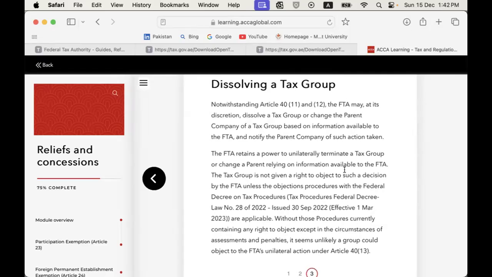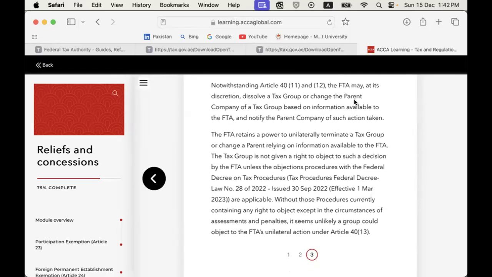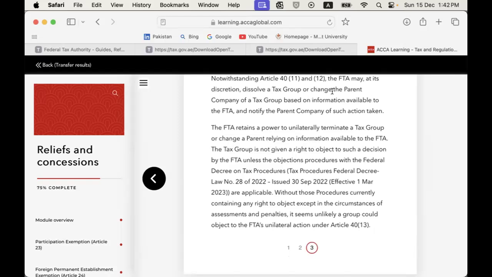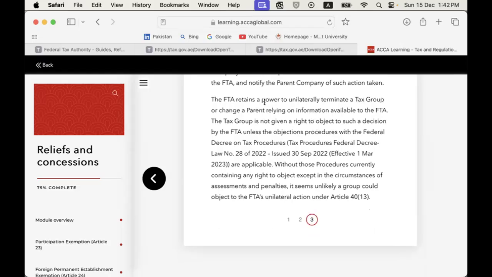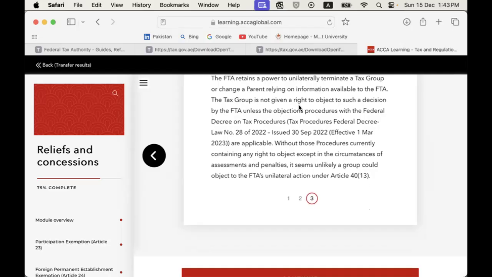So, dissolving a tax group. The FTA can at its discretion dissolve a tax group or change the parent company of a tax group based on information available. So this is a unilateral action taken by the FTA, which notifies the parent company of the decision. The FTA retains a power to unilaterally terminate a tax group or change a parent, relying on the information available to the FTA. A tax group is not given a right to object to such a decision by the FTA unless